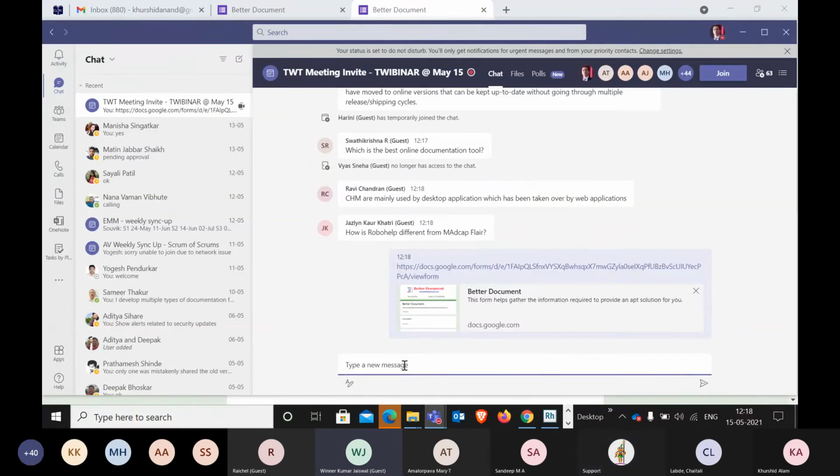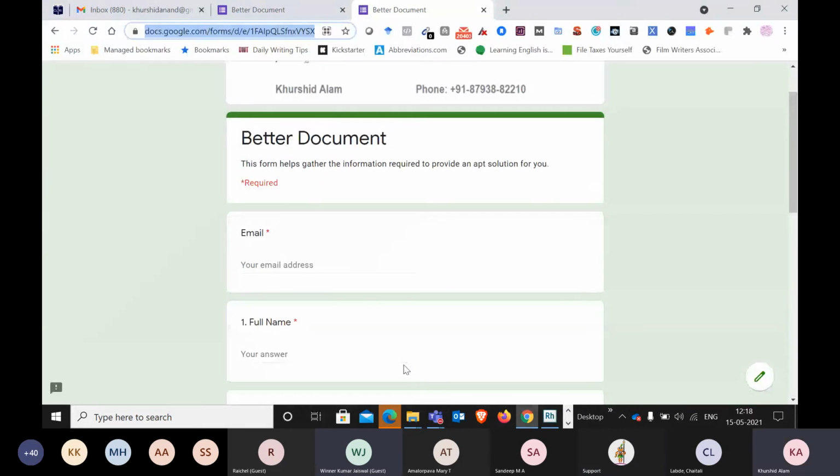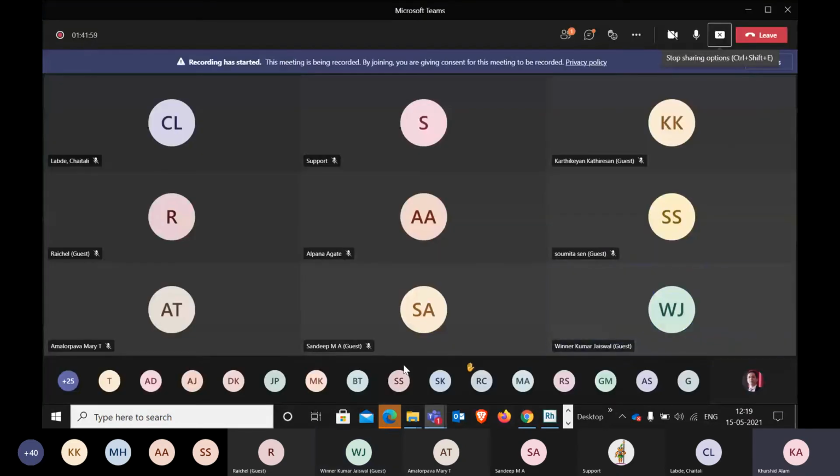First one: FrameMaker or RoboHelp? Which one is a better tool for generating PDF output? Okay, that would be like I'm promoting some software. So actually, MadCap Flare is better, to be frank. But RoboHelp provides a different type of things. Obviously, I'm working on RoboHelp for quite a long time, so I love RoboHelp very much. That is the thing.